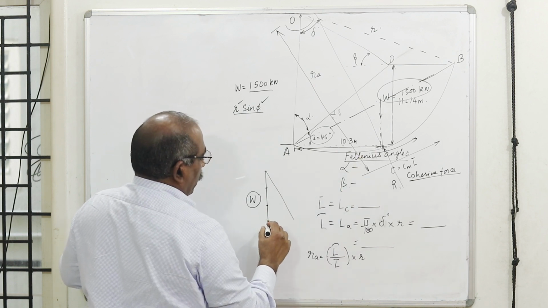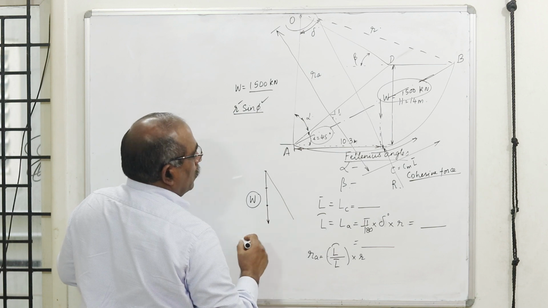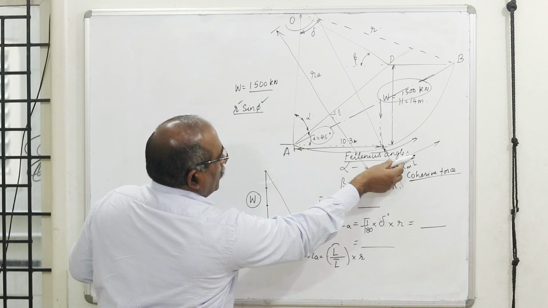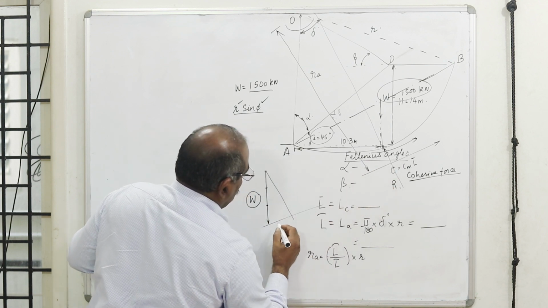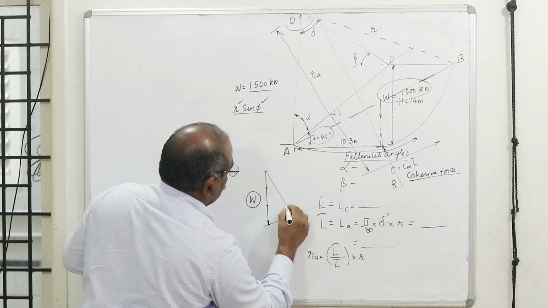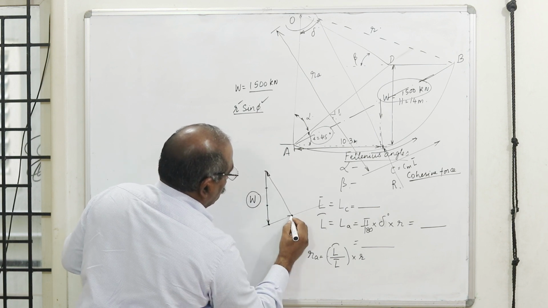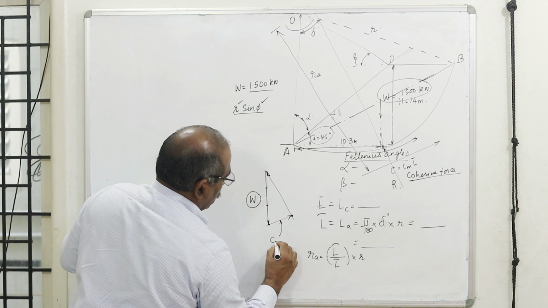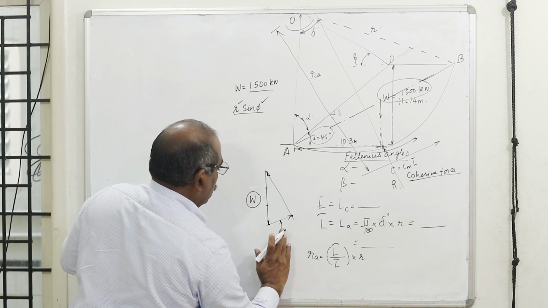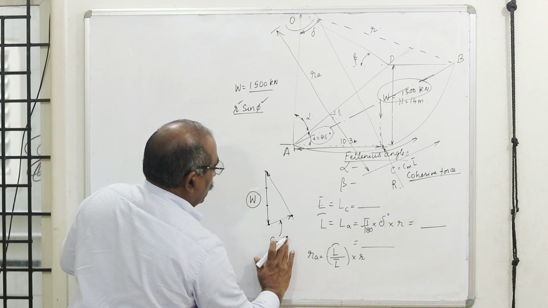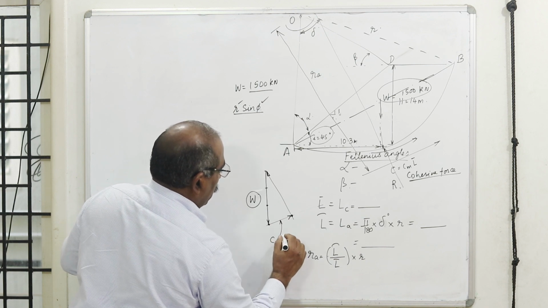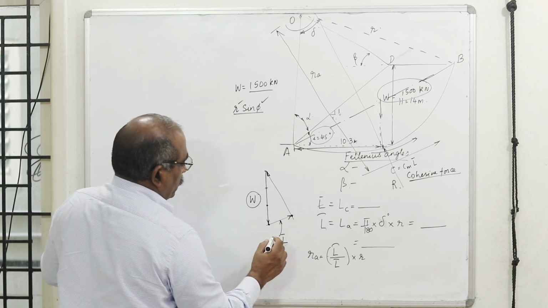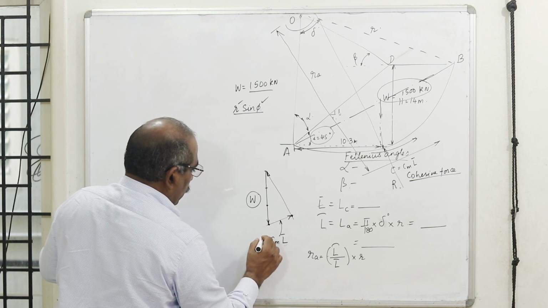Then from the head of the arrow, representing the force vector W, I draw a line to represent the cohesive force, I draw another line. Then I am forming the force triangle. I get my force triangle completed, draw the arrow, erase this construction line. This is the mobilized cohesion into L, the cohesive force into L.